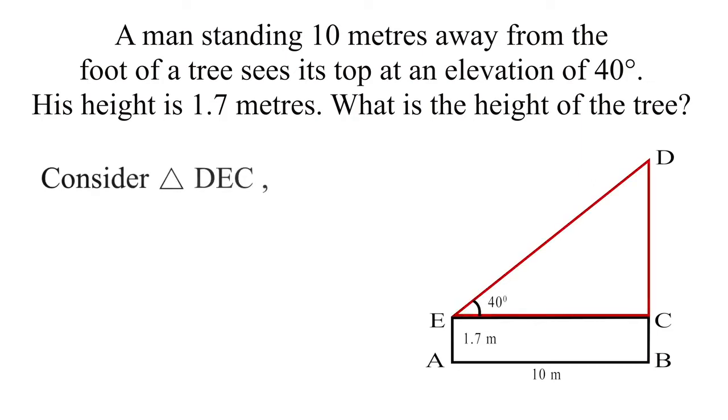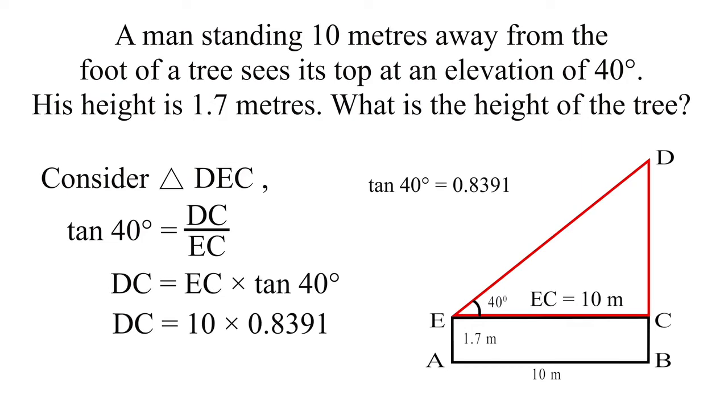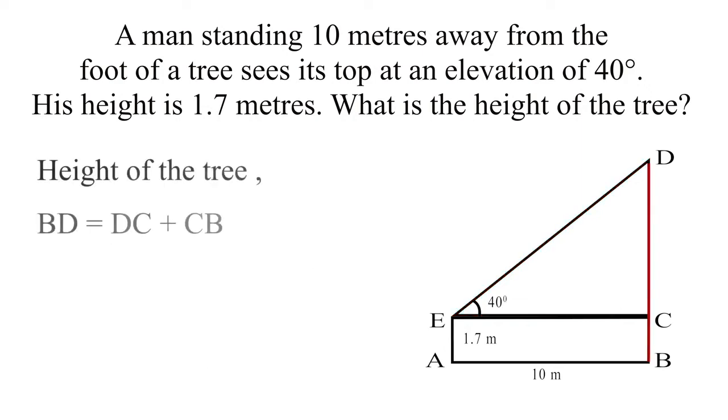Consider the triangle DEC. In the right triangle DEC, tan 40 equals DC by EC. DC equals EC into tan 40. We know that EC is 10 meter, so DC equals 10 into 0.8391, which equals 8.391. The height of the tree includes the height of the man also. So, height of the tree BD is equal to DC plus CB, which equals 8.391 plus 1.7, which equals